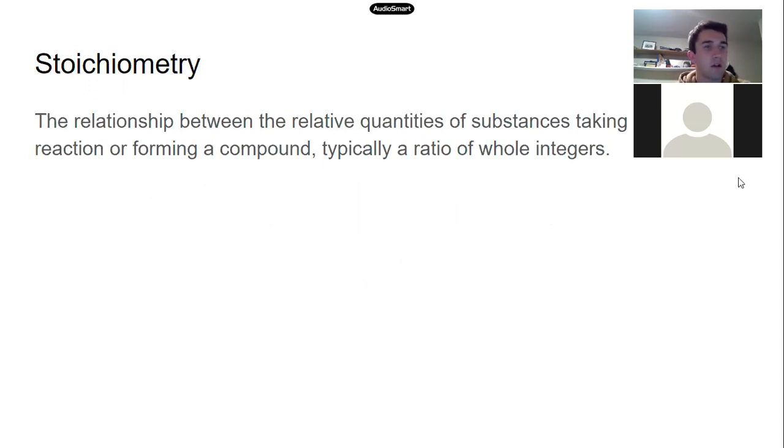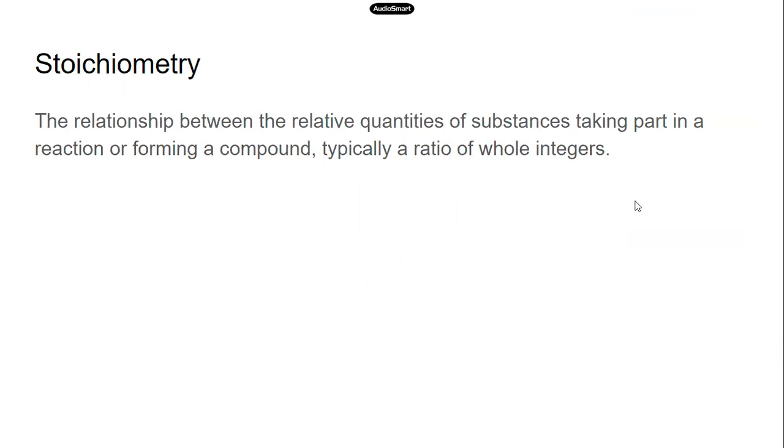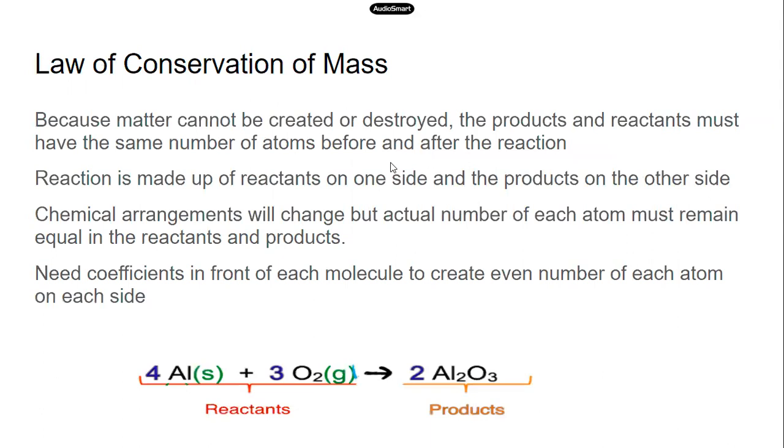between the relative quantities of substances taking part in a reaction or forming a compound, typically in a ratio of whole integers. For this particular lecture, we're just going to be talking about whole integers, not the exceptions or anything like that. But before we get into stoichiometry, we need to learn how to balance reactions and talk about